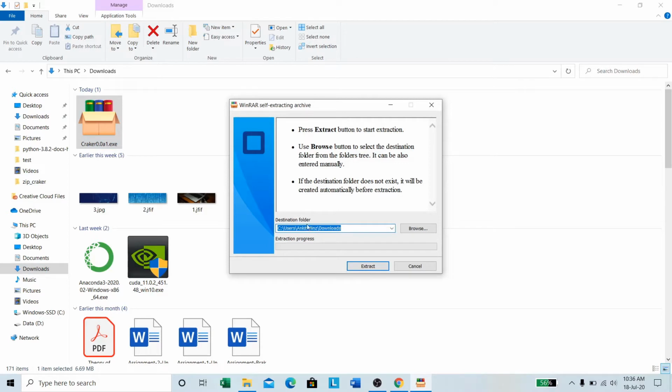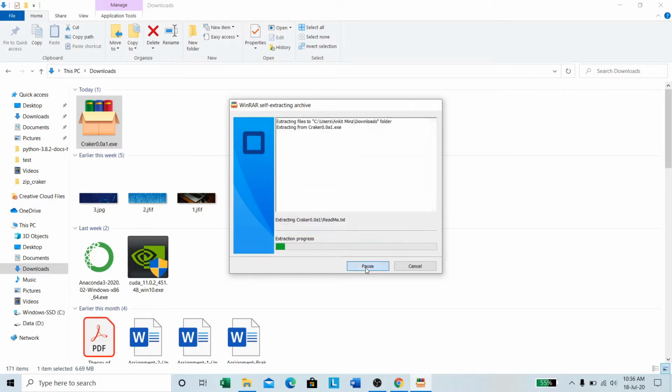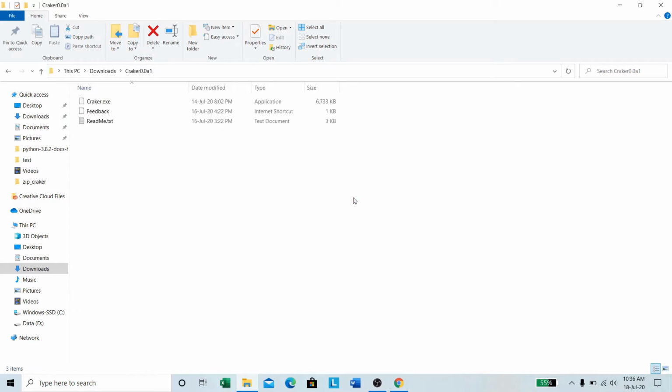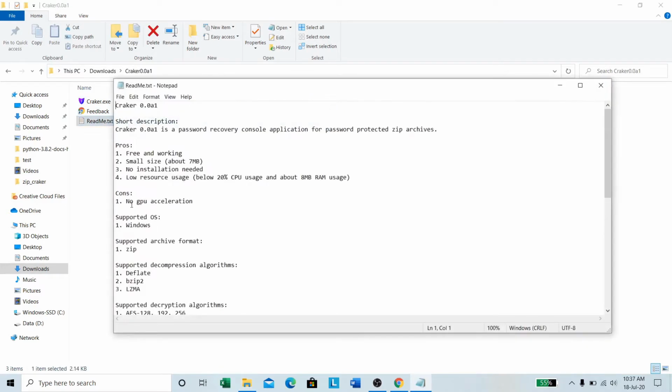Now give it a destination where you want to extract it. Let it be default. Here is the application, feedback form, a little documentation type of thing. You can go through this if you want.